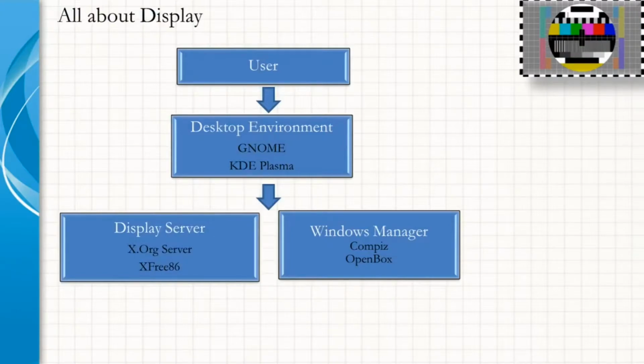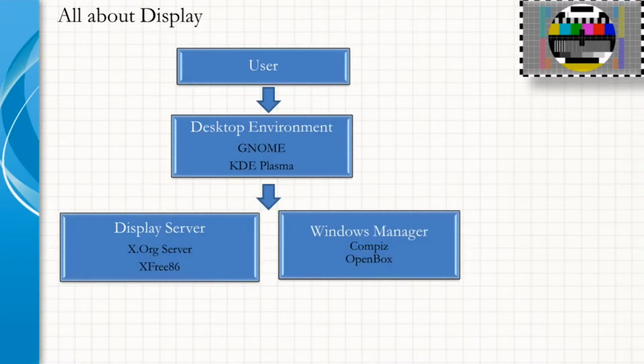The other part of the desktop environment is a display server. Examples are the X.org server, the XFree86 server, etc. This layer is required by all graphical desktops. It is a program whose primary task is to coordinate the input and output of its clients to and from the operating system, the hardware, and each other.